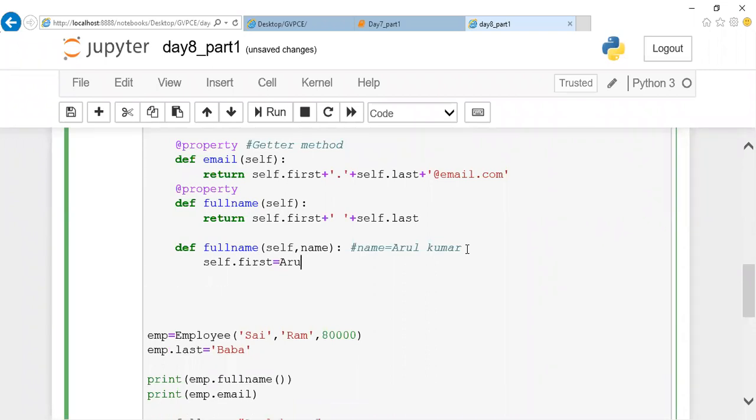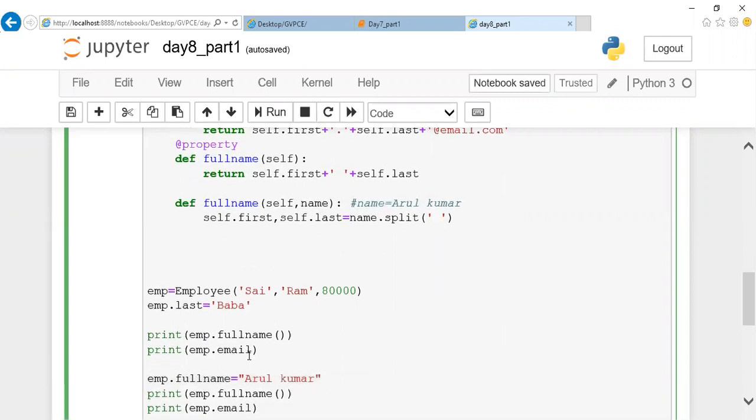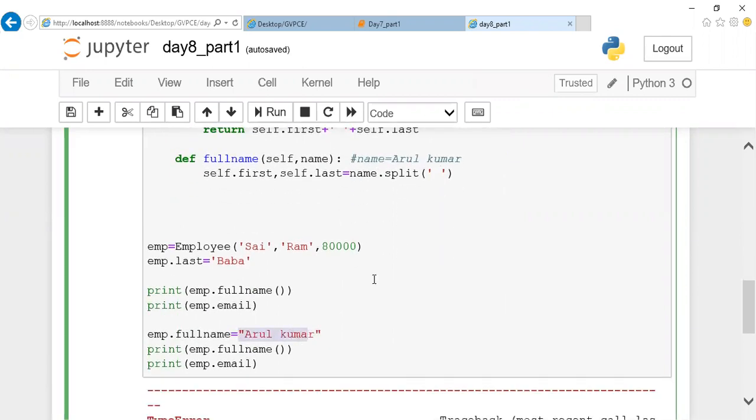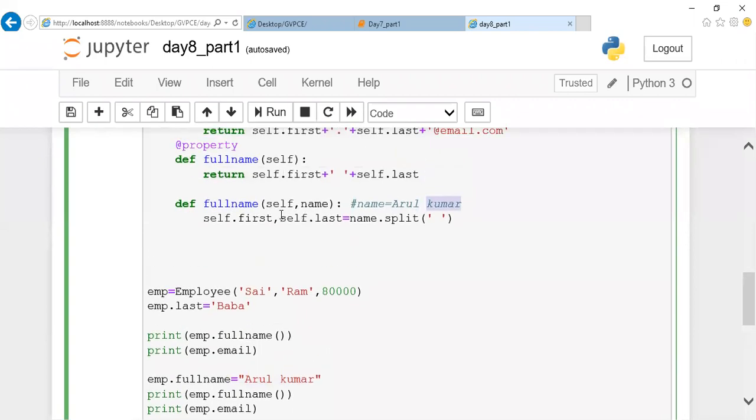You can do it by using the split method, just by mentioning self dot first name, comma, self dot last name equals name dot split. Whenever there is a space between the first name and the last name. Guys, is this clear? I'm passing this value, and it is received in a variable called name. I'm going to split this name into the first name and the last name and store them in two separate variables. Okay, for which method do I want to apply it?